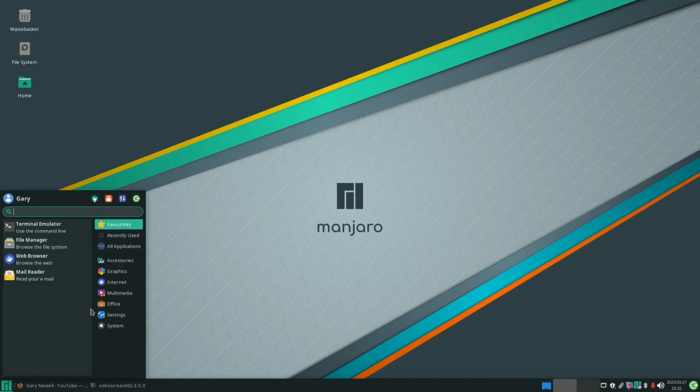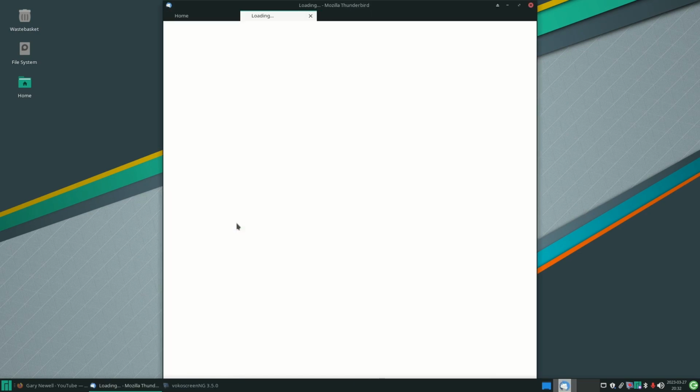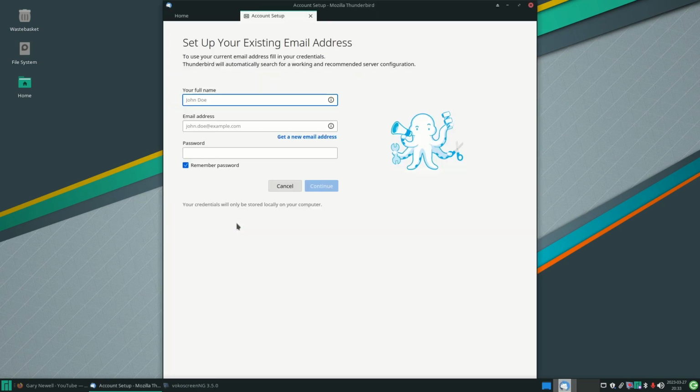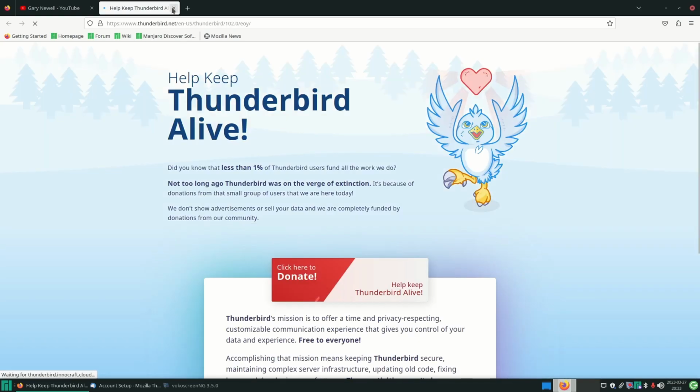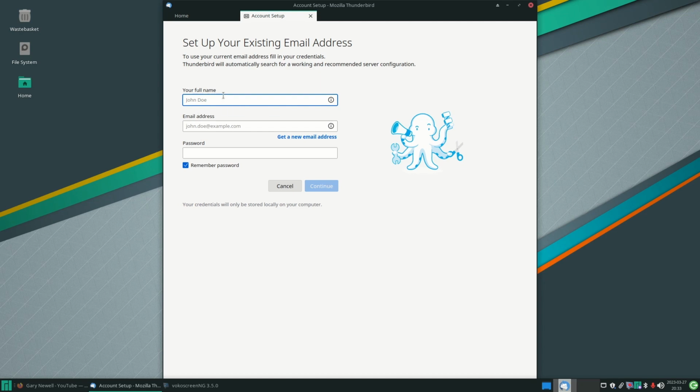Under the menu, let's look at the tools that we do have. So Mail Reader is going to be Thunderbird, I'd have thought. It is indeed. So this is easy to set up. There's a donation page that pops up immediately if you want to save Thunderbird. So I can type in my